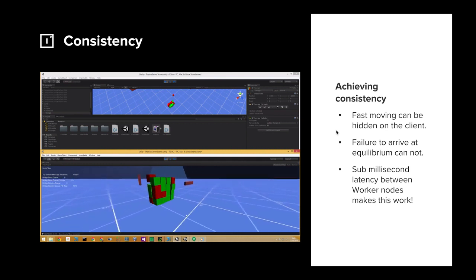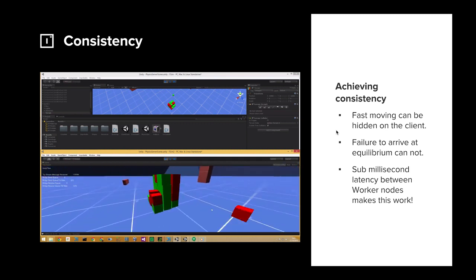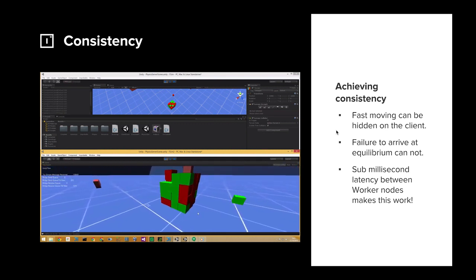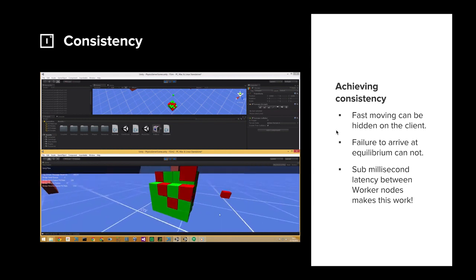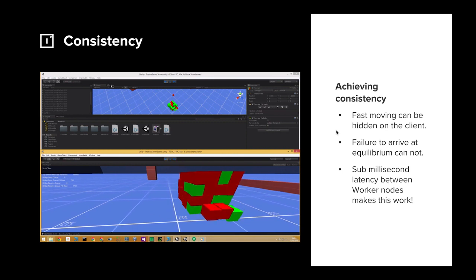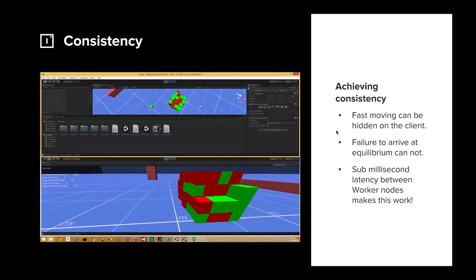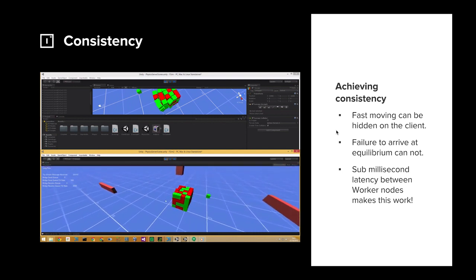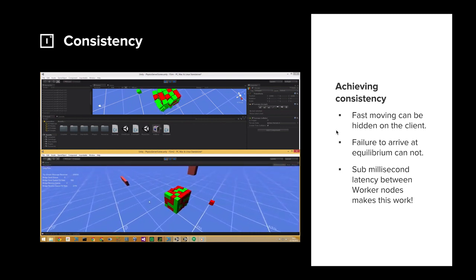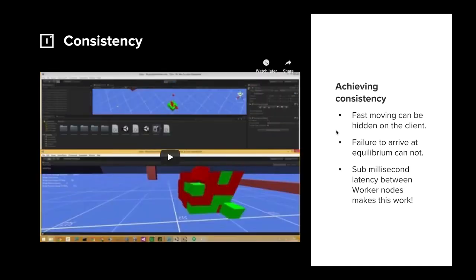Now, the funny thing to note here is if the latency between these workers went above the frame step time, so if it went above 30 to 40 milliseconds, you'd notice that this stack of boxes would just vibrate itself to death and then eventually explode, because the number of collisions that were calculated and the level of variance between those solutions would actually just cause absolute chaos within the physics model, and it would just make them explode.